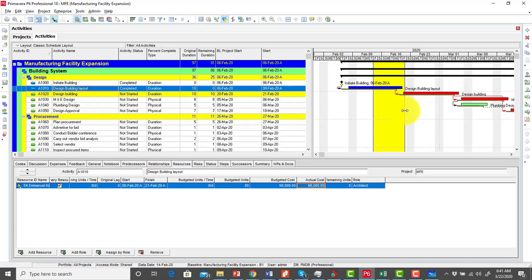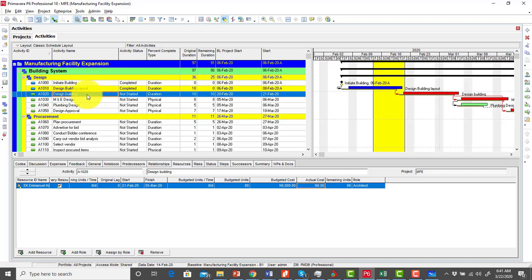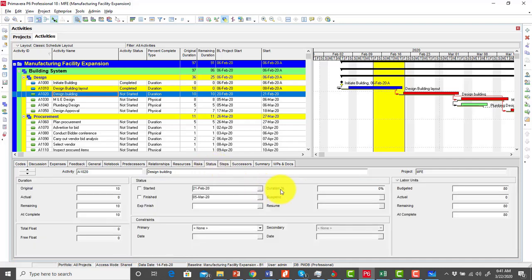Then from my progress spotlight, another activity that should be updated as at today, that's 21st of February, is design building. Design building is also a duration percent complete activity. So I go to status and then I check started. This activity was supposed to start on the